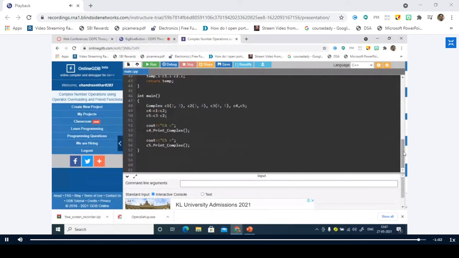So you should be very careful in writing the program. Whenever you are overloading a binary operator using friend functions, you have to take two parameters, that is, the left operand and the right operand. But when you overload a binary operator using a member function, you can skip the left operand, and you pass only the right operand. This point is very, very important. That is the reason why I'm repeating it again and again. If it is clear, we can stop.